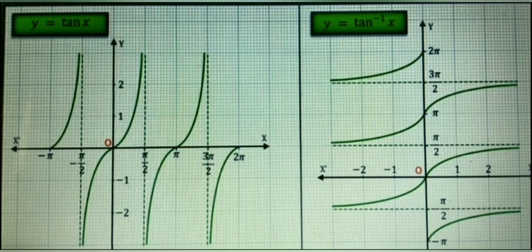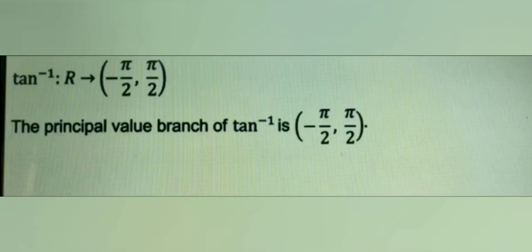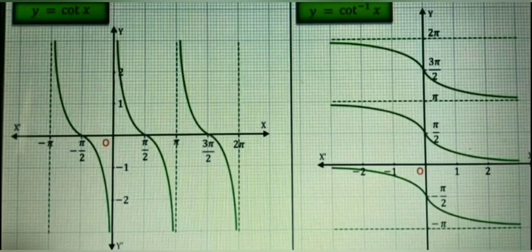It is not inclusive. Similarly, pi/2 to 3pi/2 and so on. The principal value branch for tan inverse is in an open interval -pi/2, pi/2. So here you have the graph of y is equal to cot x and y is equal to cot inverse x